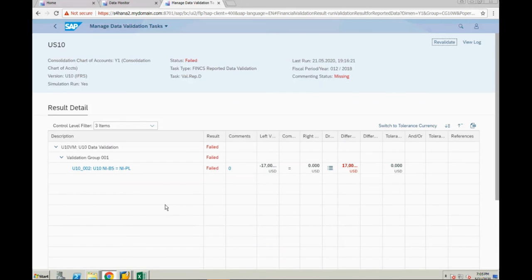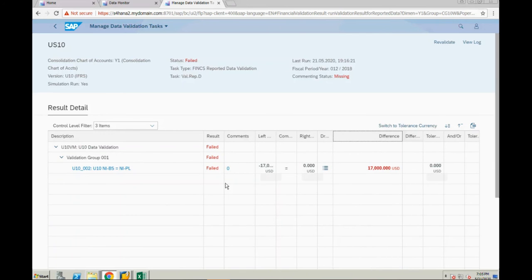So this is my net income. It is saying some difference is there. So the validations failed. Now the end user has to check why this data is not matching for that particular consolidation unit. The business user has to check.